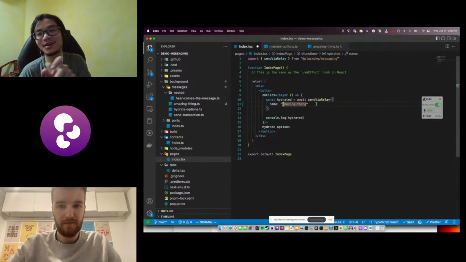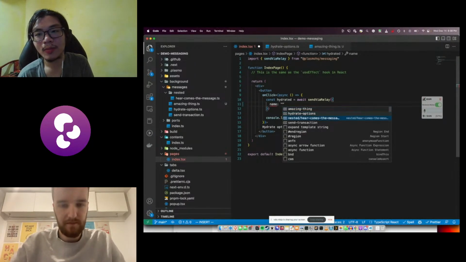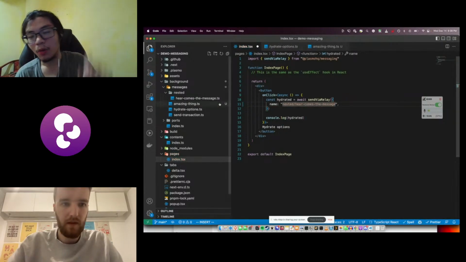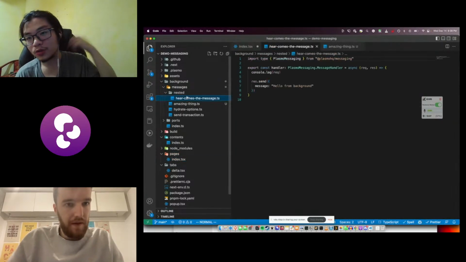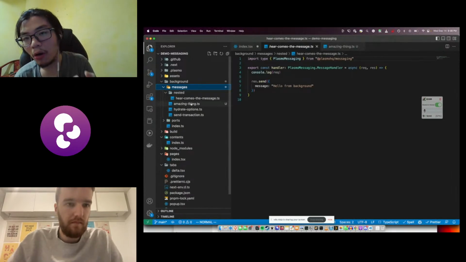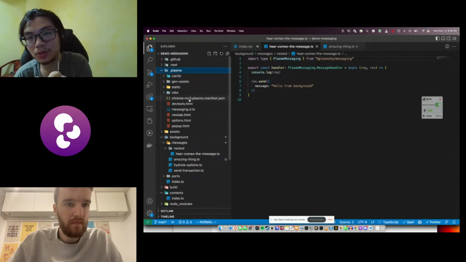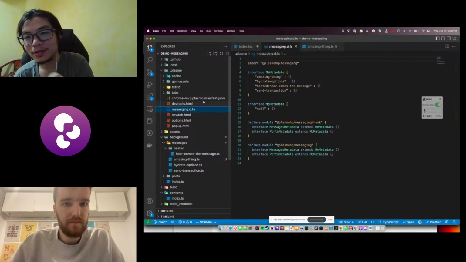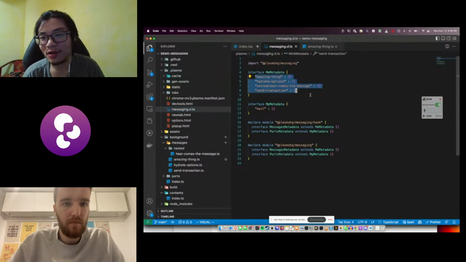But basically, the idea is that the Plasmo framework parses through the messaging directory, right? Then it looks up all the files, constructs all the handlers and puts them in the .plasmo directory, and also constructs a messaging.d.ts declaration file inside the .plasmo directory. So you can see there's a messaging.d.ts there that has a list of all of the routes or messages available.